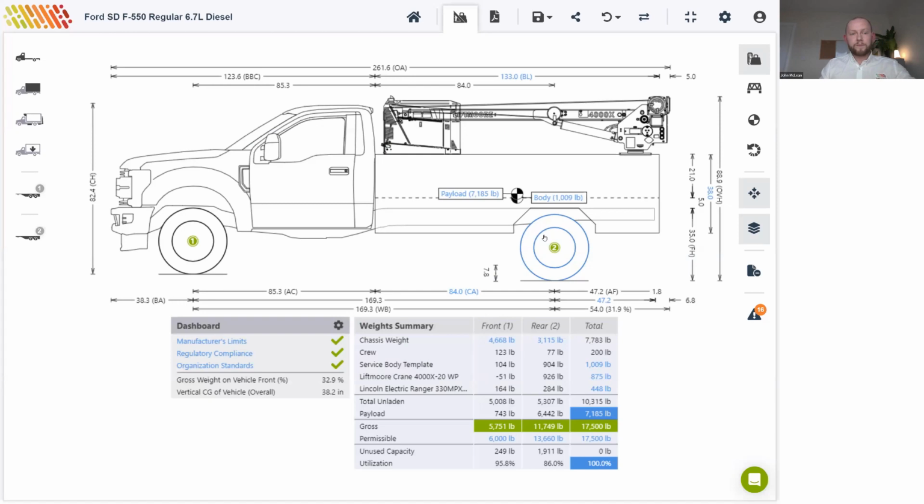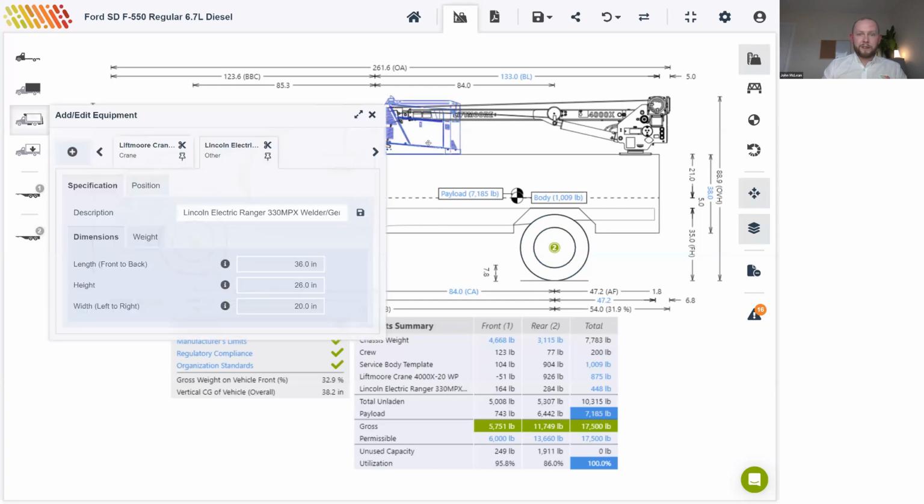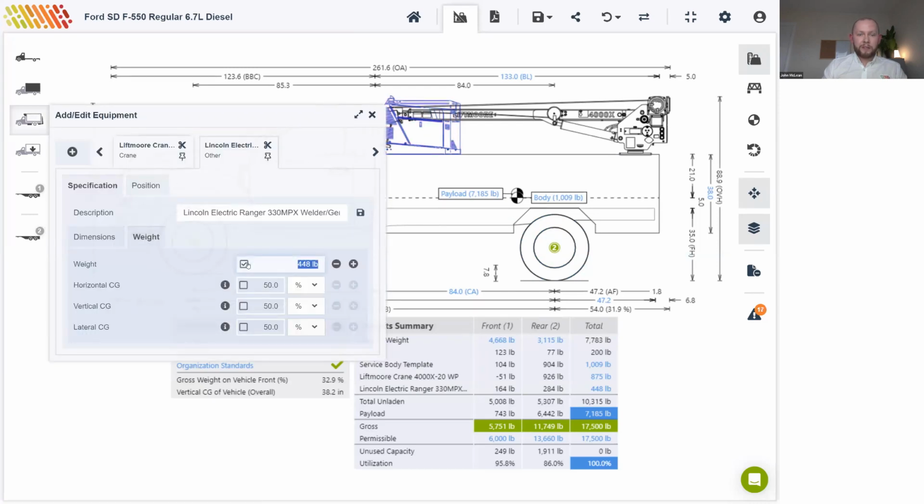Okay, so let's override the default weight and center of gravity of this. So we'll click into it again. We'll go to weight, and we'll override the weight by clicking the small box, and we'll go 432 for the weight. And we'll override that center of gravity to 45,